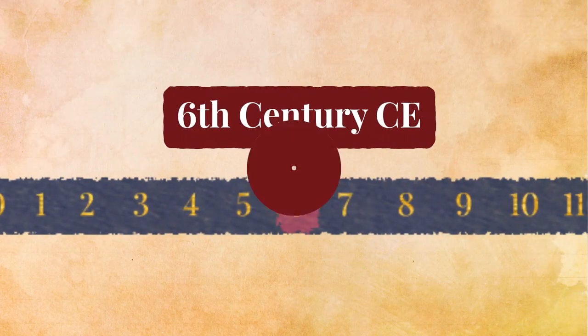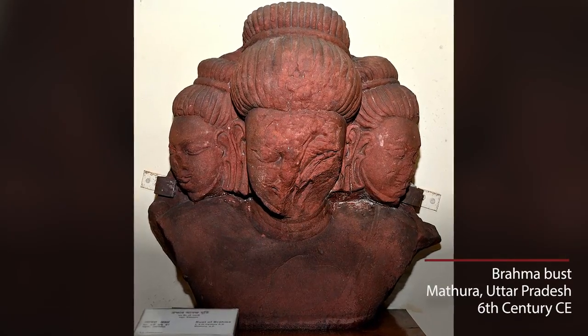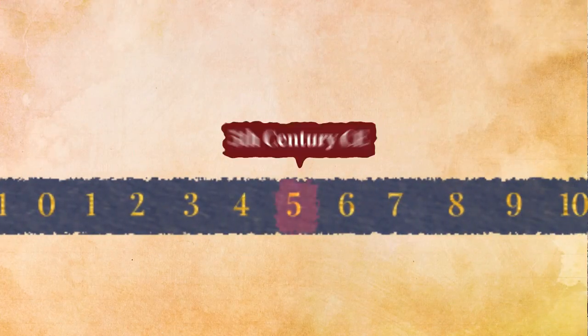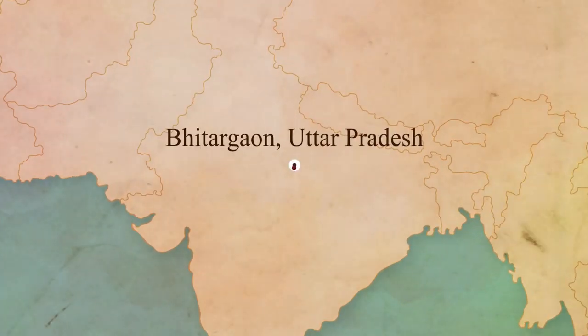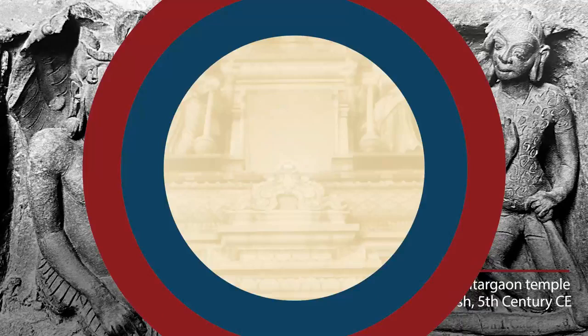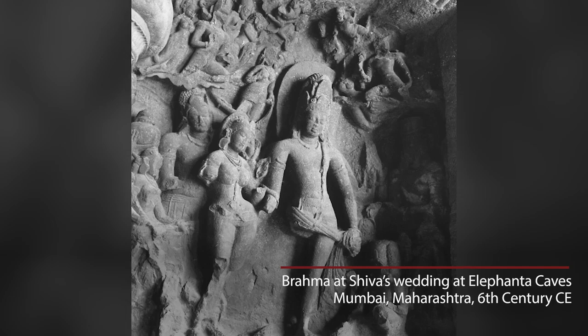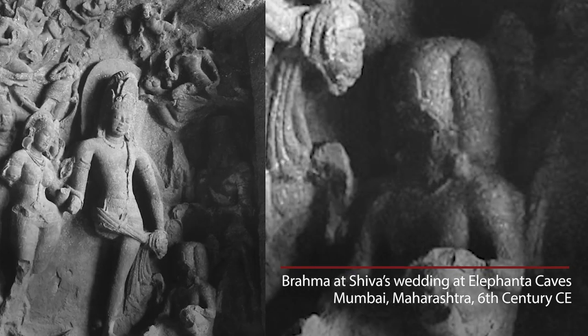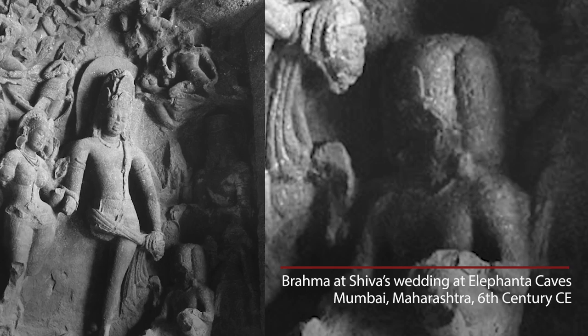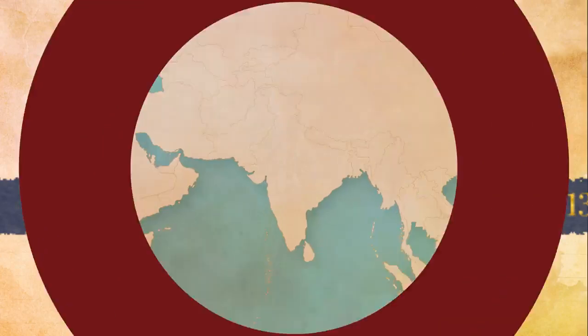The first time we see Brahma with many heads is in the Gupta period. In the Mathura region, we find artworks which depict the creator with 4 heads, next to Vishnu, perhaps even rising from Vishnu's navel. Gradually, we start seeing images of Brahma as performing the wedding of Shiva and Parvati. We see this image in Elephanta in the 6th century, in Ellora in the 8th century.